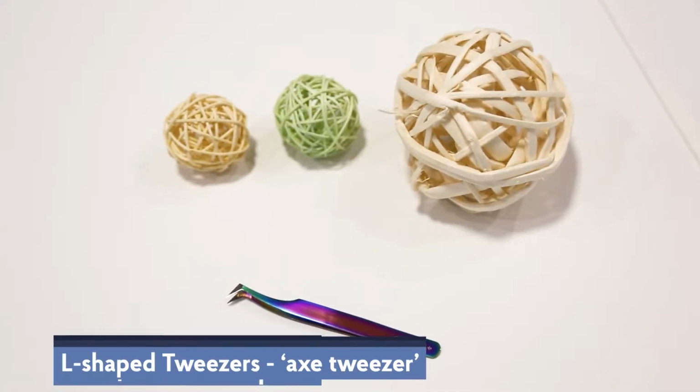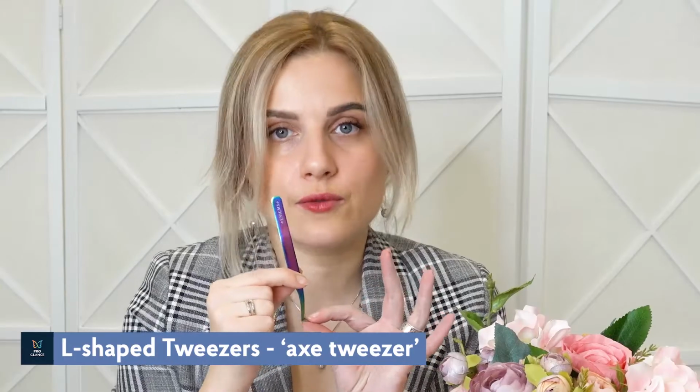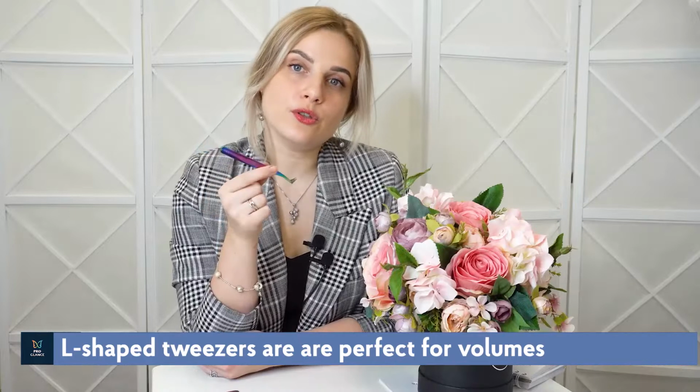The third type is an L-shape tweezer. Artists also call them X tweezers. This tool is suitable for volume extensions because of its wide flaps. It tightly holds eyelash fans formed by artists. Most often, such tweezers are used for manual extension techniques, when fans are formed manually and are not taken